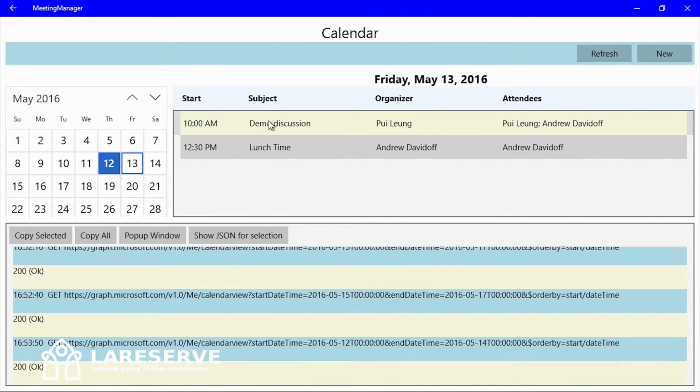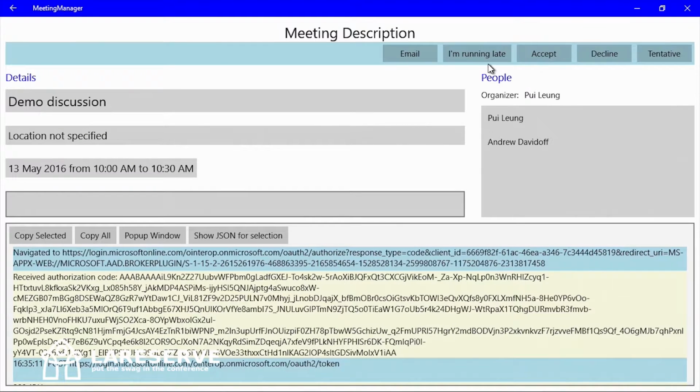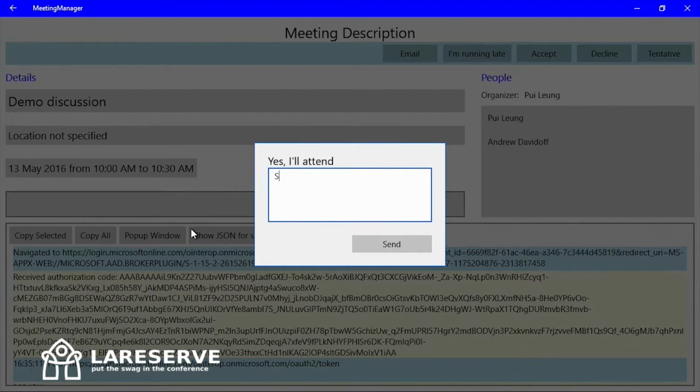So the service is working really quickly. It's really happening. The mail was being delivered. And here I have options: accept, decline, tentative. So let me accept, edit response.